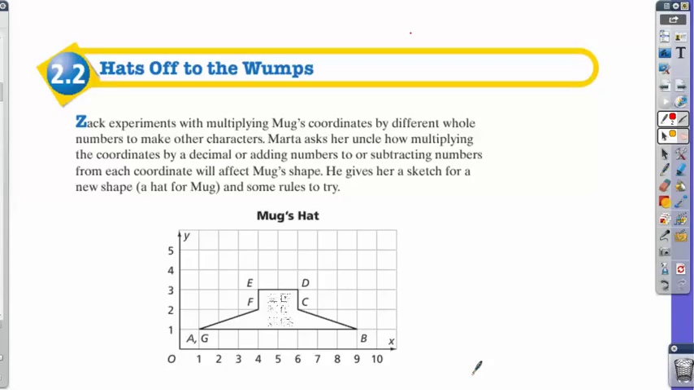Yes. All right. Hats off to the Wumps. Now, if you looked like the Wumps, you would probably want to wear a hat too, because quite honestly, you're not very pretty. You're ugly. Great. There's nothing better than being called ugly by a 5th grader, right? So they like to wear hats, and so you were asked to